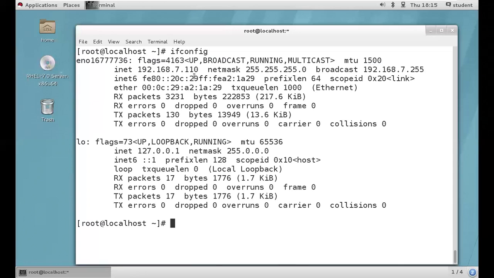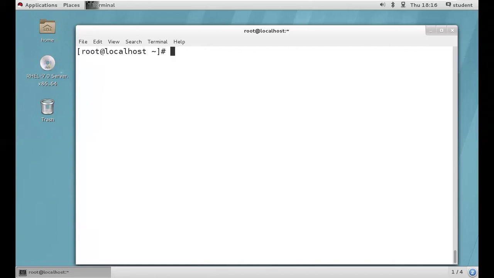And this is IPv6, and this is the IPv6 related CIDR, and this is Ethernet. So we'll have a 48-bit MAC address and a 1000 Mbps Ethernet connection. RX means receiving packets, TX means transmitting packets, LO means loopback. So 127.0.0.1 is the loopback IP address. I hope you're clear. Yes, no. Right. So next,